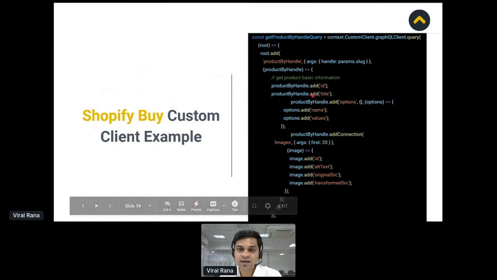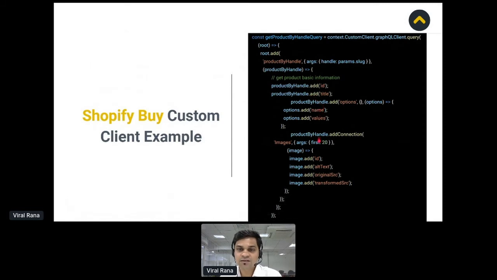Here you can see that we have used the add method, and somewhere we have used the addConnection method. So why are these two methods here? Let me clarify: if any property is on the same level of your query, then you can directly use add, for example id.